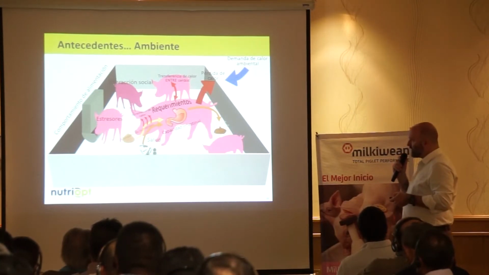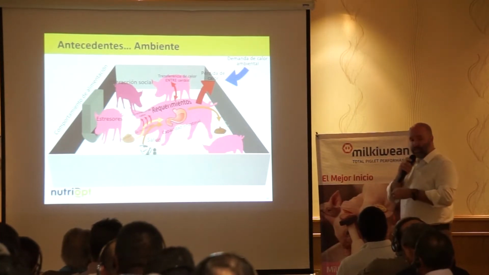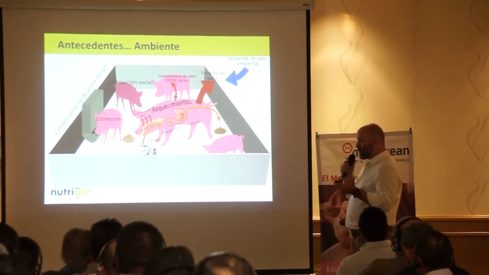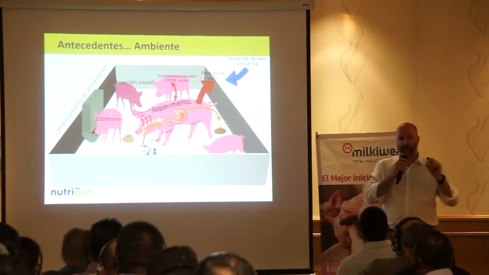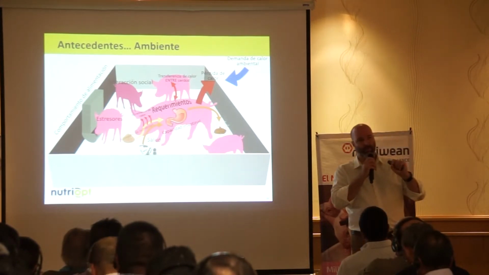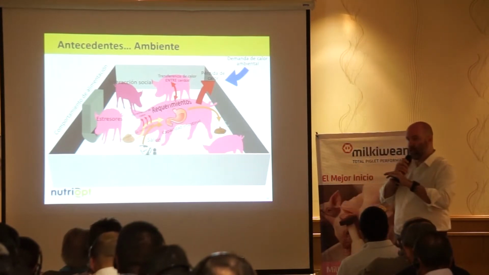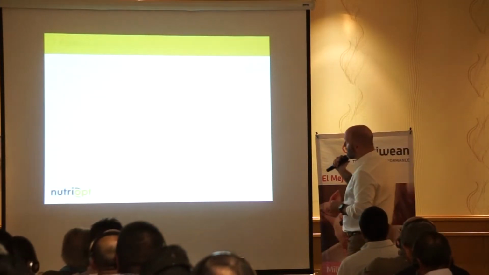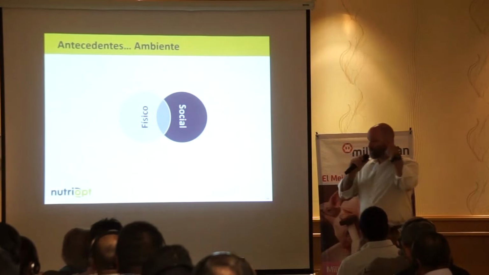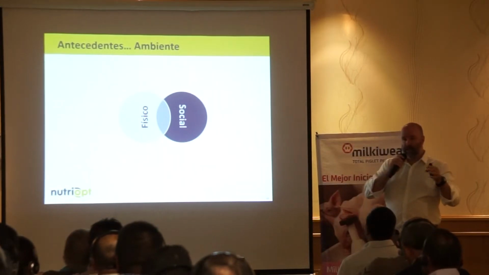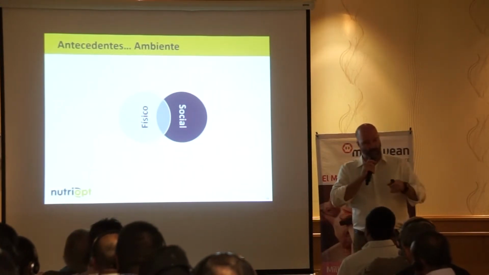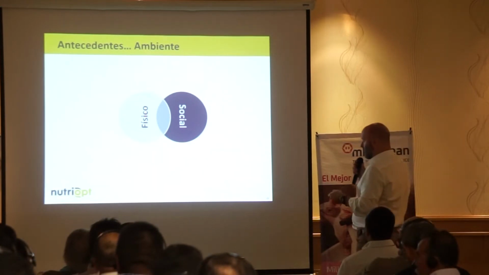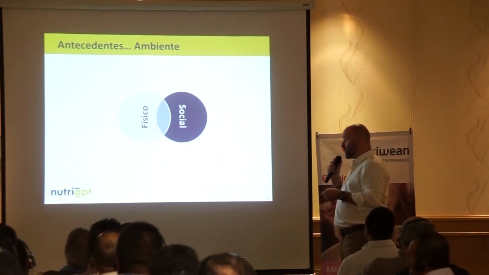You've got the feed itself, health, which is a major component, and the temperature of the room. So you can see that there are a lot of different factors that have to be accounted for when we are setting up and running a model in the environment. What we've done to try and simplify this a little bit, to make it a bit more understandable to the user and everybody else, is to break it into two sides, the physical and the social.